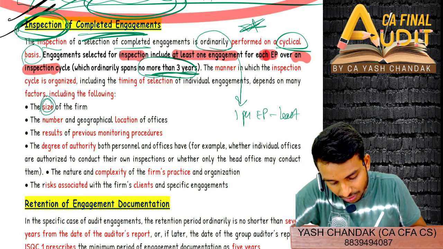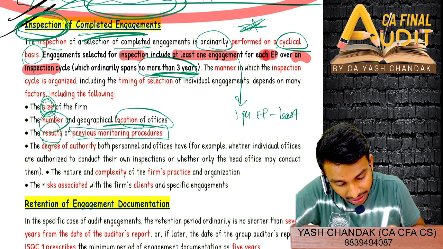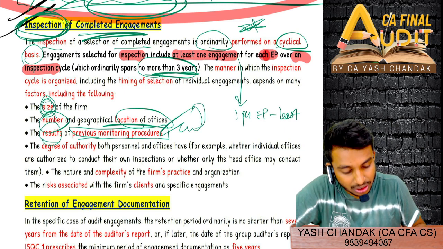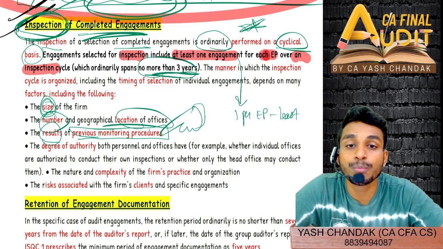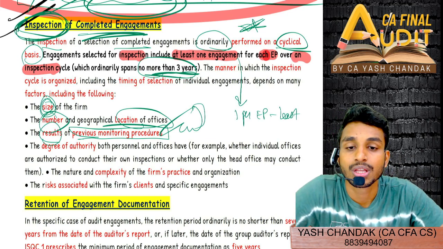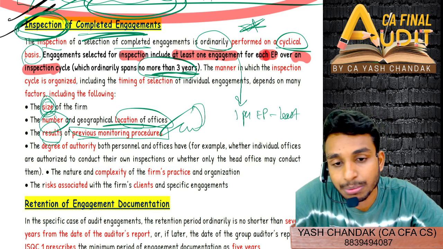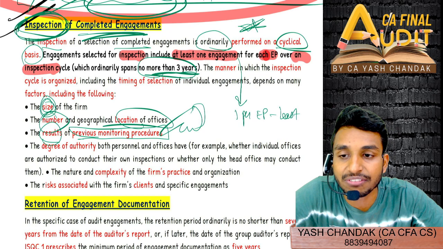Again, the size of the firm, the number and geographical location of offices, and the results of previous monitoring procedures. Do you remember, based on this, in the quality review, what is the maximum number of engagements we can select for quality review? Maximum number of engagements, and that three is